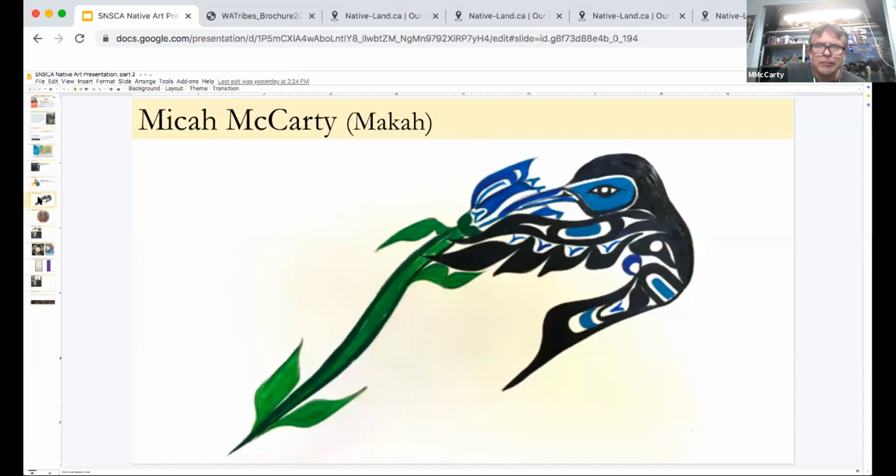So the hummingbird and flower really was a prototype of a tattoo design that I was commissioned to do for the executive director of the Red Wind Casino. She had been going through some trials and tribulations, and also leading into the pandemic, she felt a need to reach out, I think, in two ways. One, she wanted to